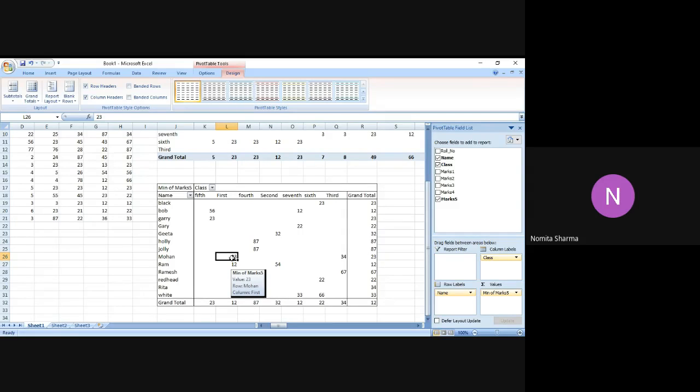If I go back to my original final column and row, you will see the same result appearing and that window will accordingly be showing. Similarly, if I go to all these different cells, this will change. If I go to 32, this will tell you the minimum of the marks 5, value 32, row Geeta, column grand total.